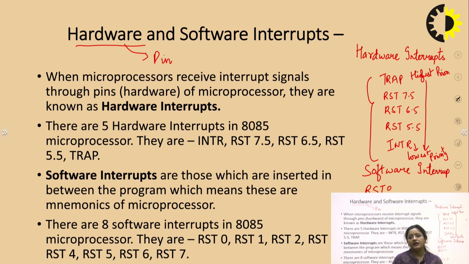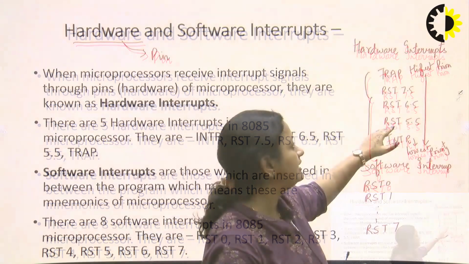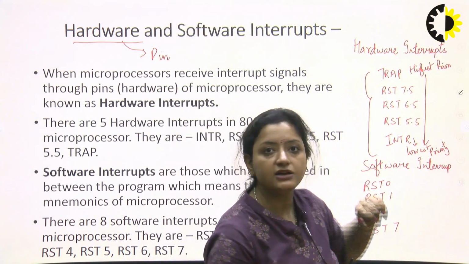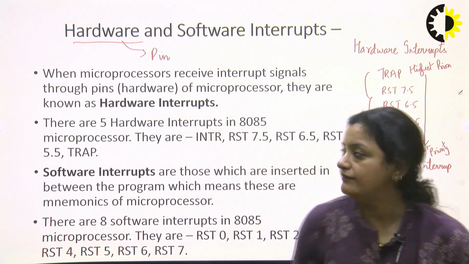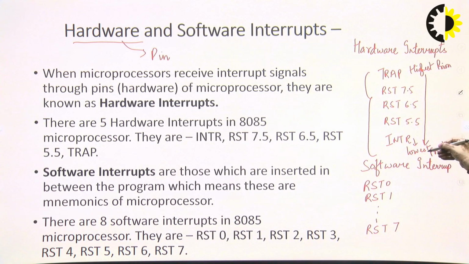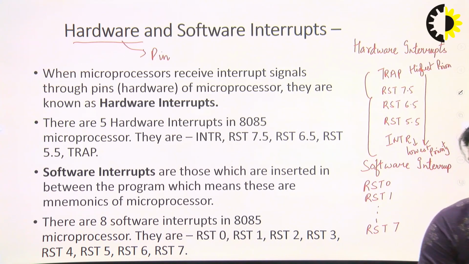It means that when a signal comes on TRAP, it is to be accessed by the 8085 microprocessor, no matter in what position it is right now. So if it is handling RST 5.5 and TRAP comes, it has to hold the request of RST 5.5 and take the request of TRAP. In this way their priorities have been decided, having a decreasing order from top to bottom.